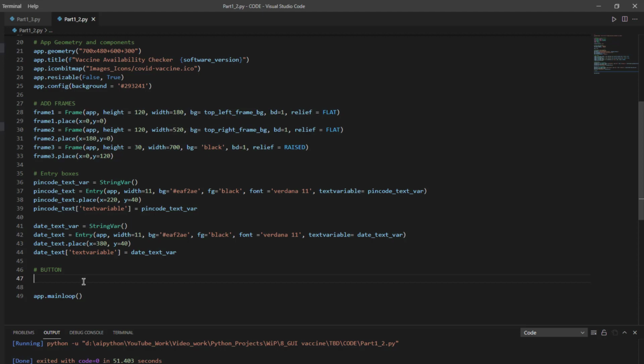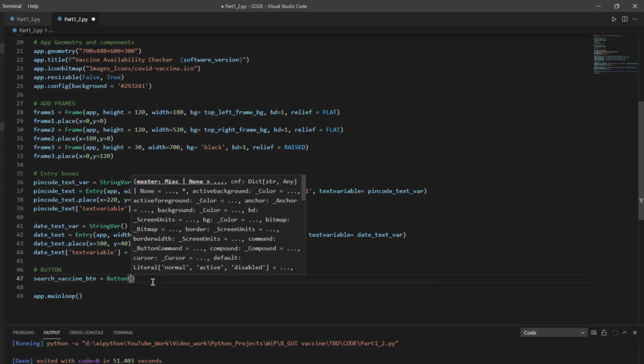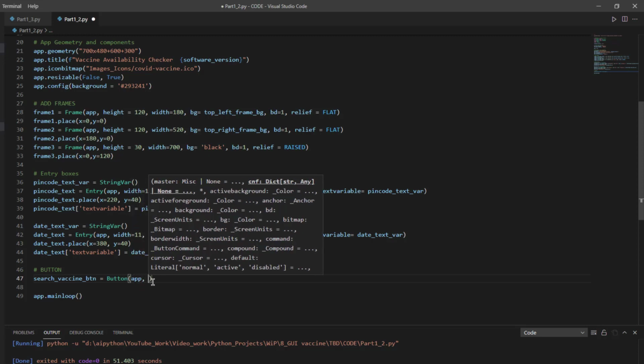All right. So I'll be using a variable called search vaccine button, right? You can give it any name, right? I mean, you are smarter, right? Try to use your innovative name in this context. A button can be created using the keyword Button. This will accept certain parameters. For example, what is the root window, which means where this button resides, and I'll give it as app. So app is the root window for this button, right?